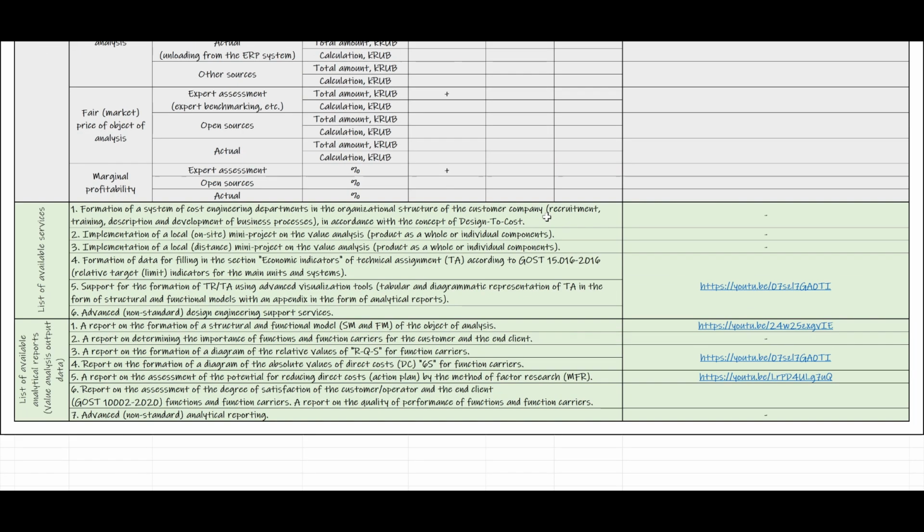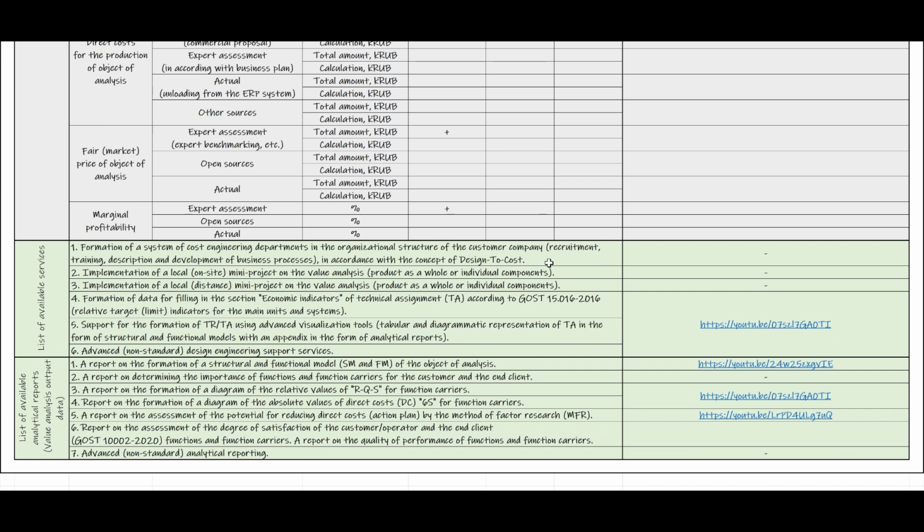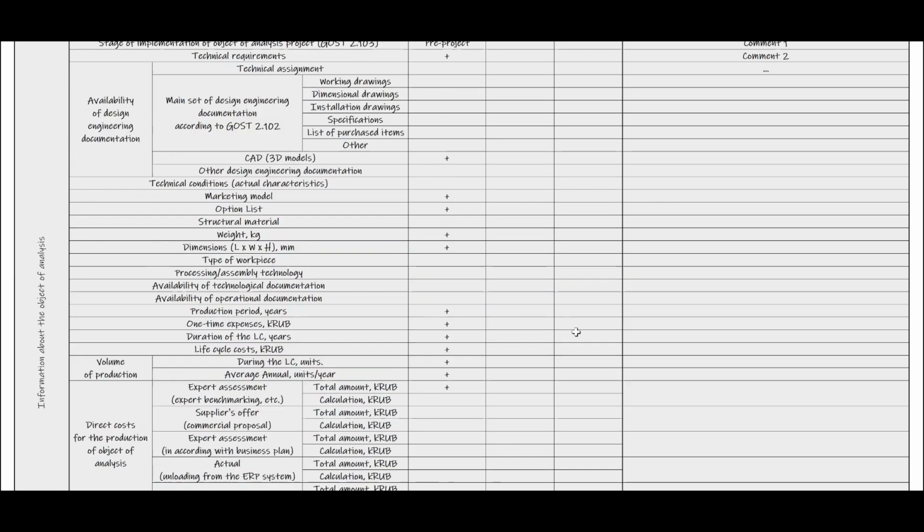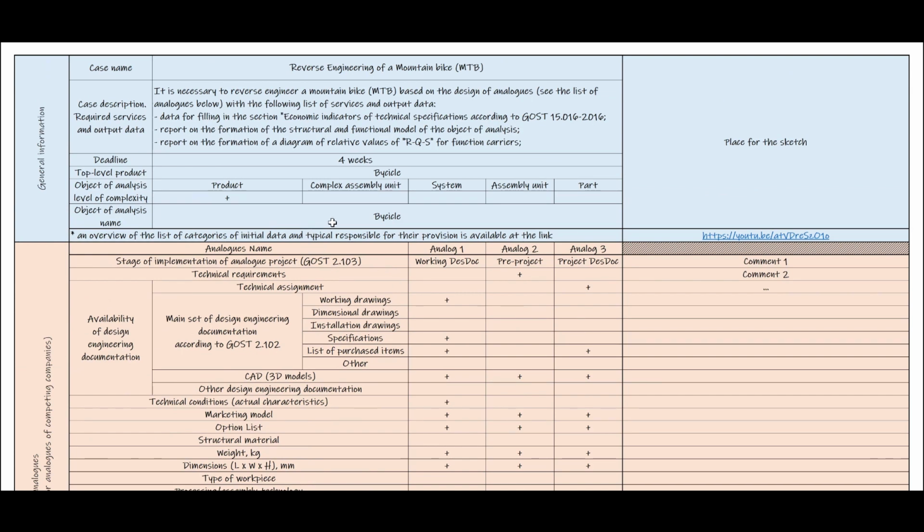The analyst determines the list of available services and available analytical reports, taking into account the volume of initial data for analysis, fills in the blocks of list of available services and list of available analytical reports, and submits the form to the customer. At stage 2, the customer analyzes the list of available services and analytical reports specified by the analyst, taking into account the availability of initial data for analysis,